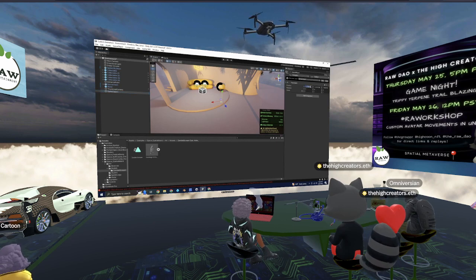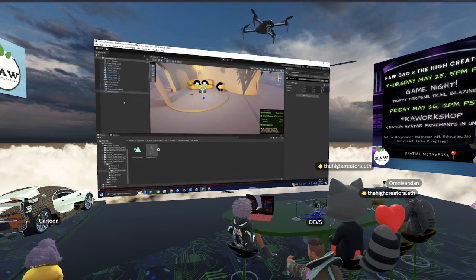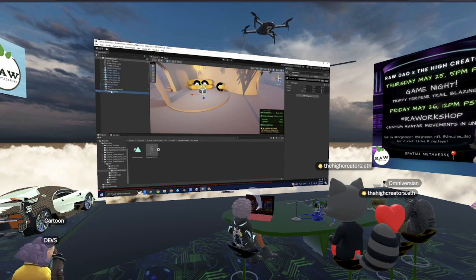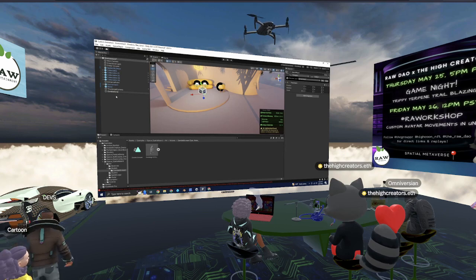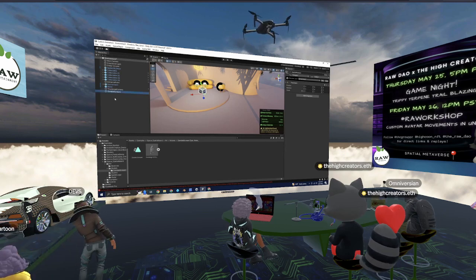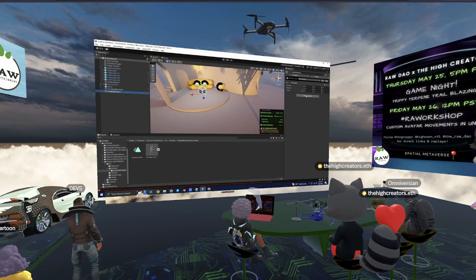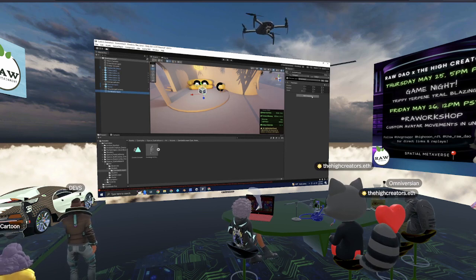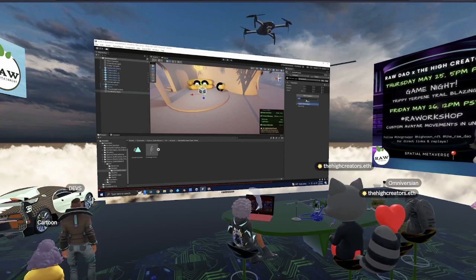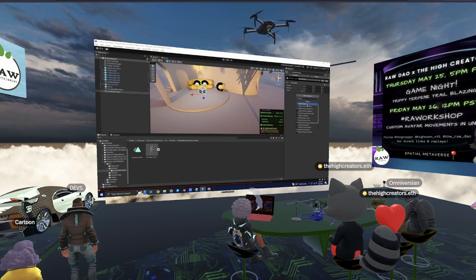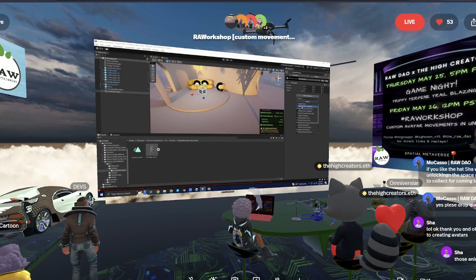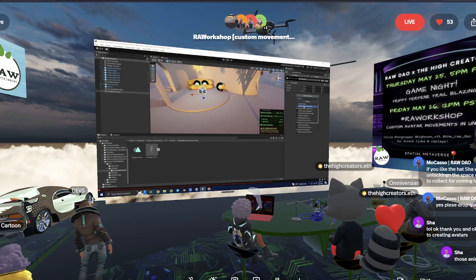With this empty, I always like to make sure that everything is at the origin, so you can just type 000 right here. We're going to rename this to zombie green. Then we're going to add a component to that empty that we just renamed, and we're going to type spatial, and look for avatar animation. You're going to click it,